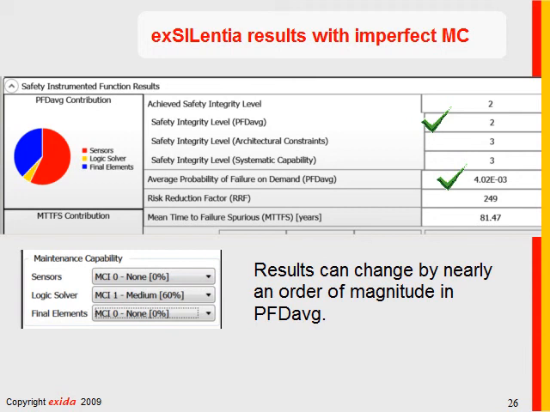I'm honestly just estimating right now, because our research objective at exida is not to figure out how to compensate for lack of detail in simplified equations, but to create highly effective, accurate models for highly effective methods like the Markov models used in exSilentia.